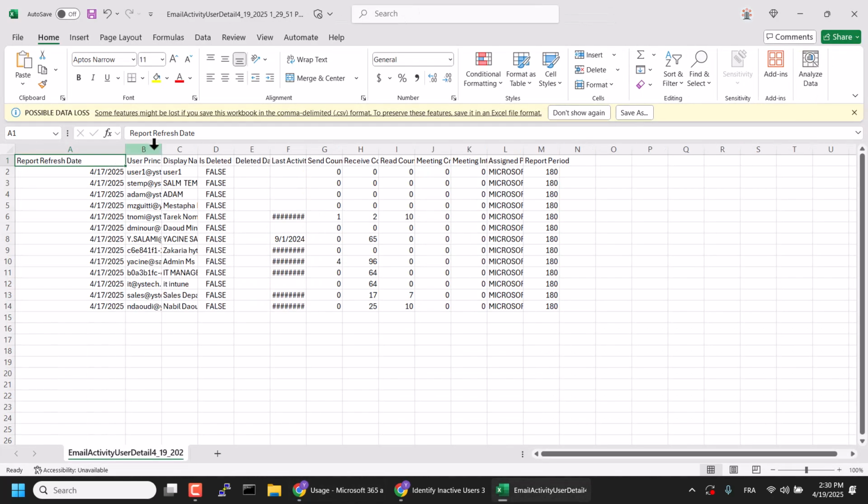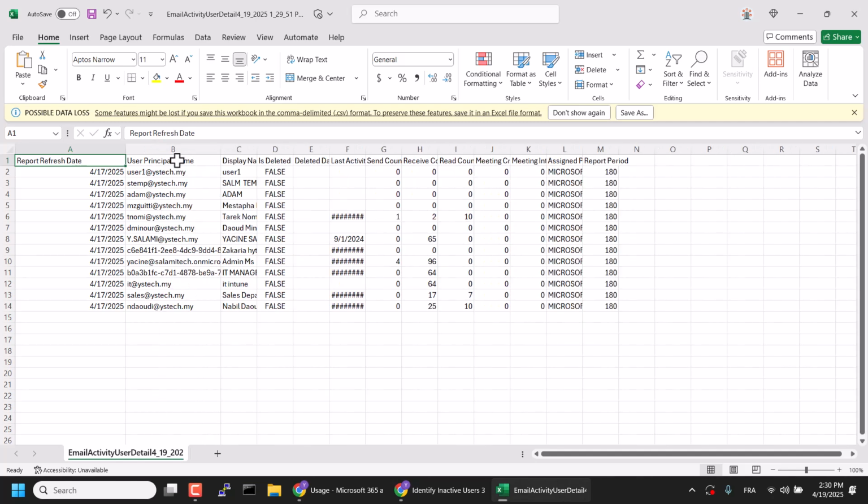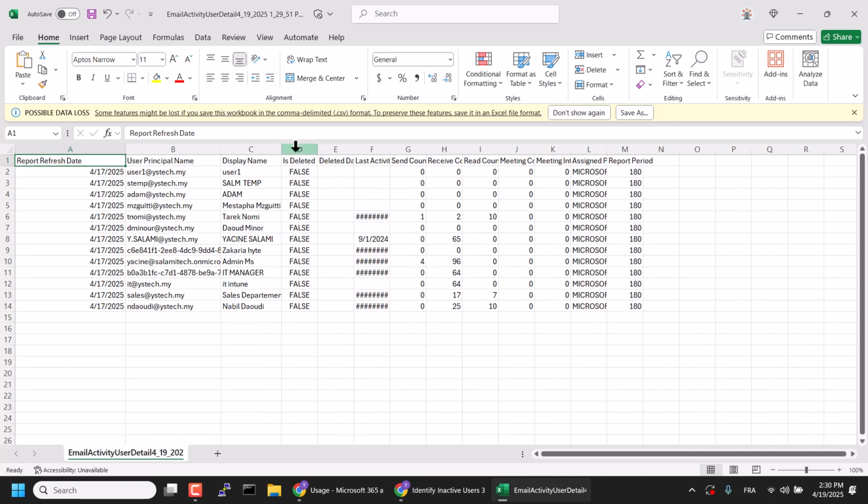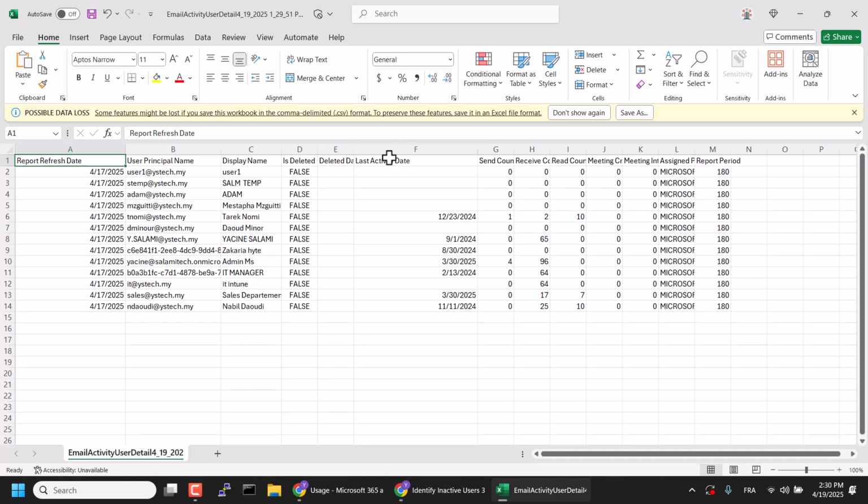So here is the report date, the username, the email, the first name, and here we go. What we actually need is this last active date. For example, Tarek.